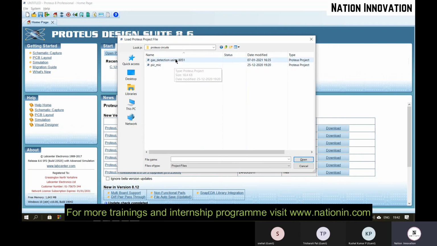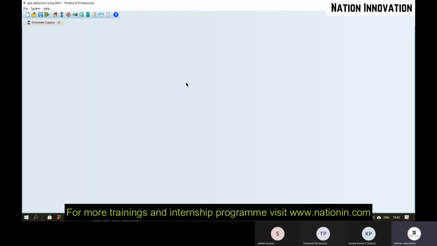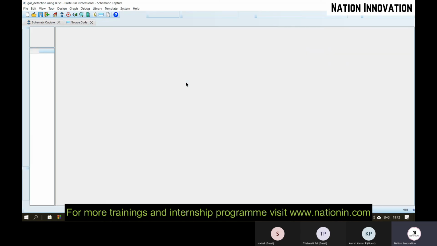I have made many circuits here. I am just opening one to show the demo. It takes some time to open. Proteus also provides the layout design. You can design a PCB using this Proteus as well, but the layout part is somewhat difficult.